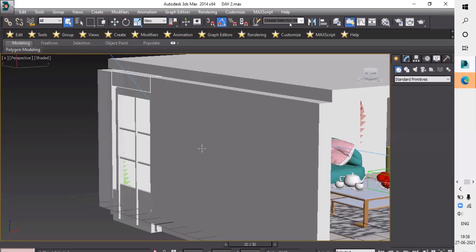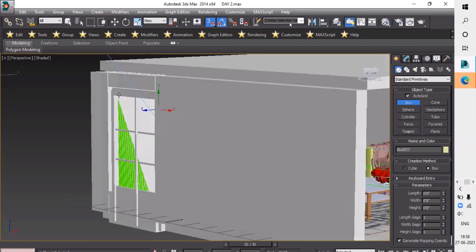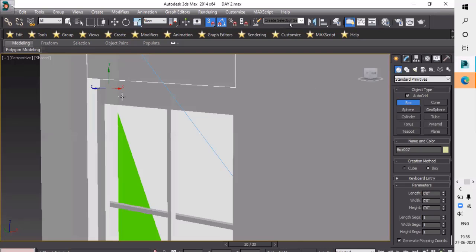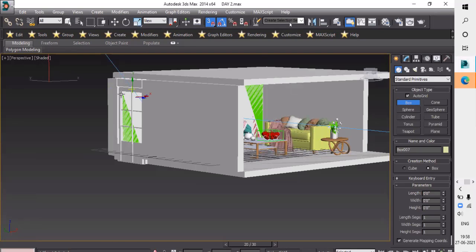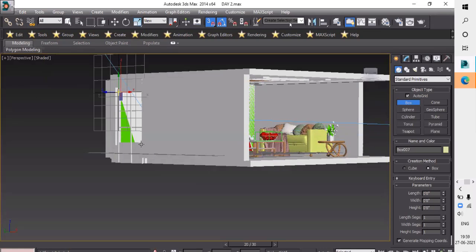So here I will take one box. Don't take stress, I will guide you. Yeah, take a box like that. Increase the thickness of this box.